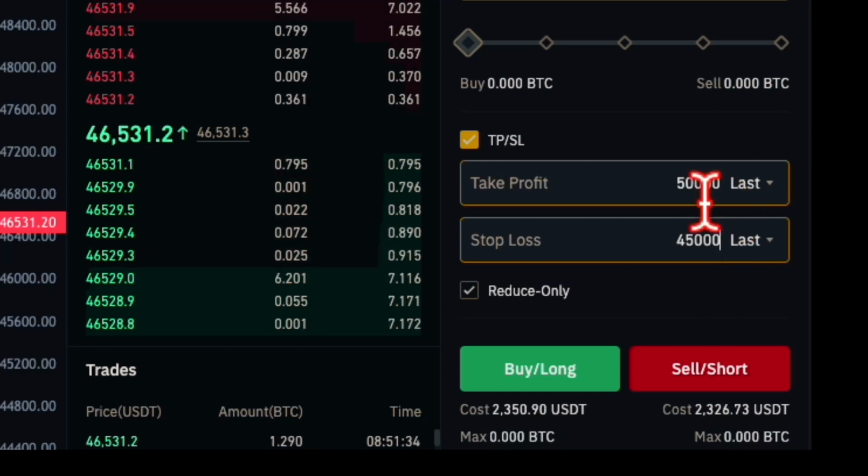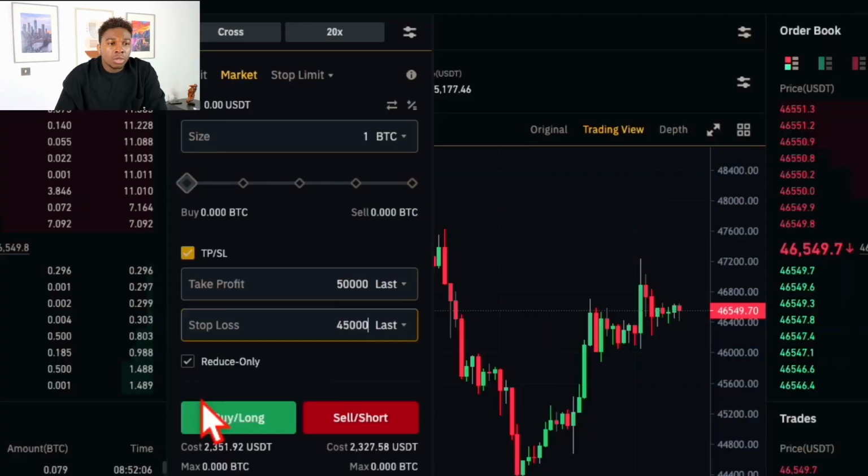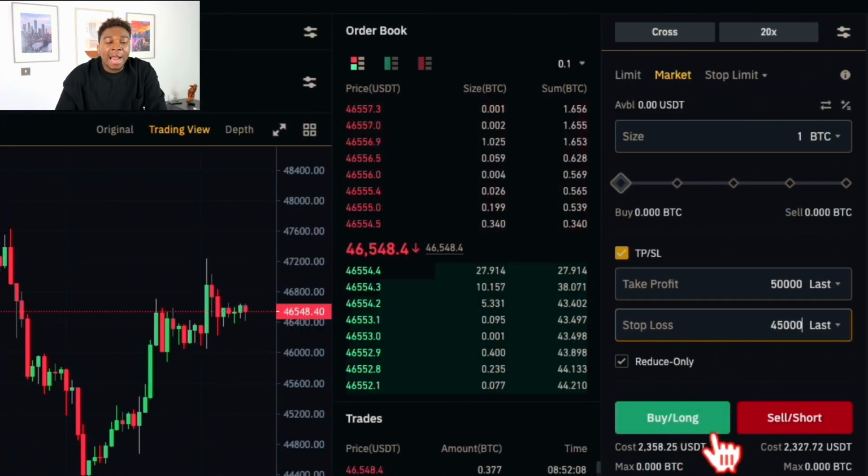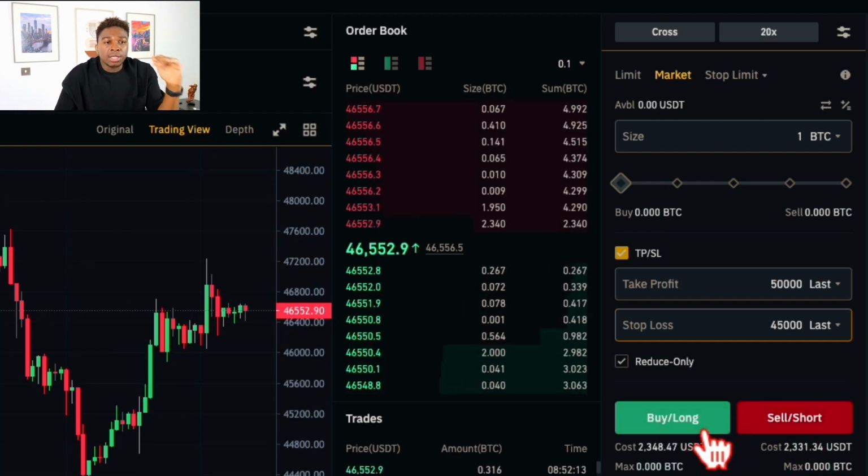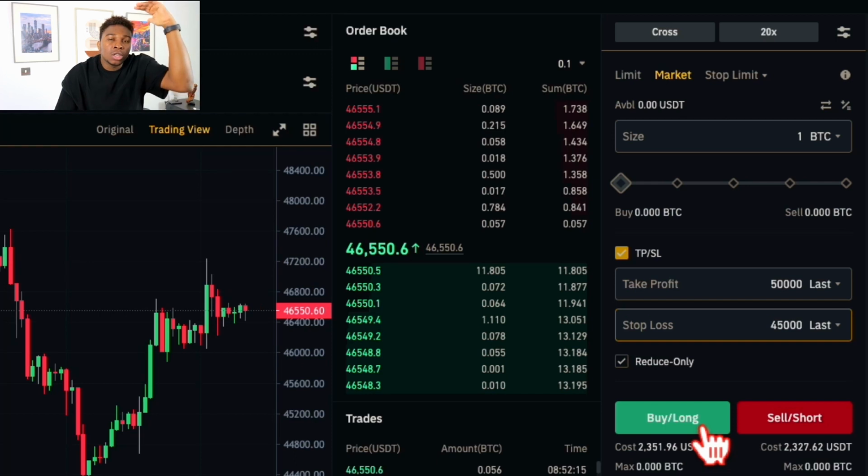So which means that this is like a ratio of 2 to 1. So my profit will be higher than my loss. And that's what we do in trading. You want your profit to always be higher than when you lose. So if you want to trade, your minimum take profit to stop loss ratio must be at least 2 to 1. For if your stop loss is 1, your take profit must be at least twice of that amount. So once you are done here, you click on buy long or sell short, depending on what you want to go for. So in this case, it's buy long because I'm expecting the price to go higher.